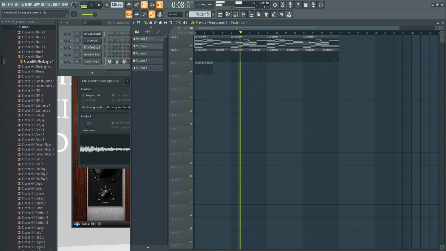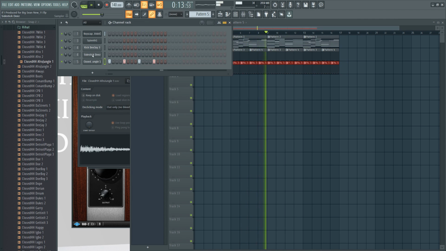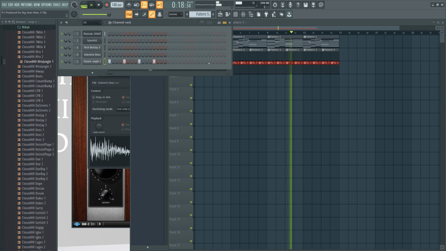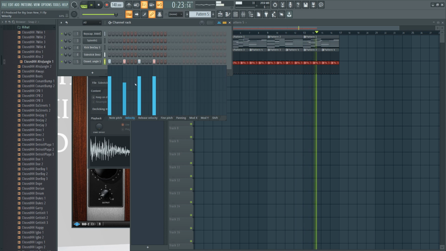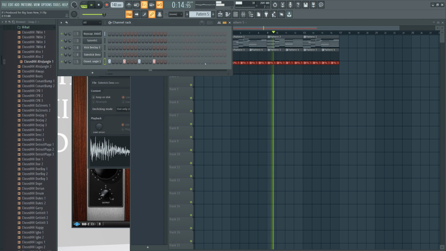I picked the wrong speed, but I just want to hear the hi-hat. Use that time shift, that velocity, the volume control, to create some movement there. Gonna add some more time shift.